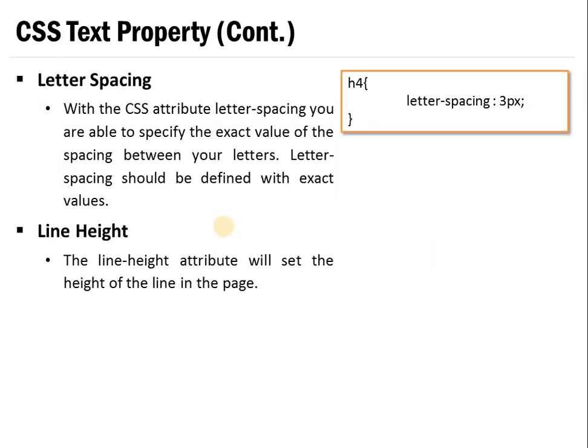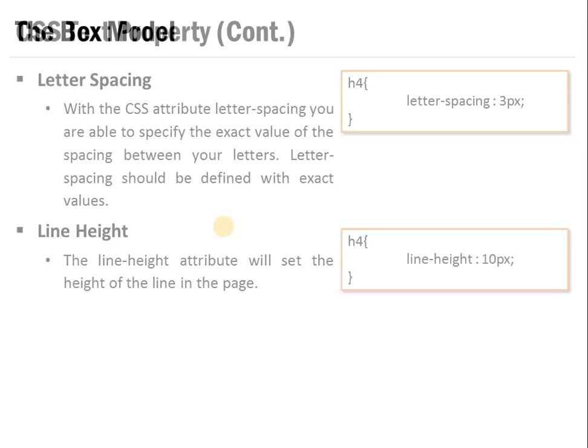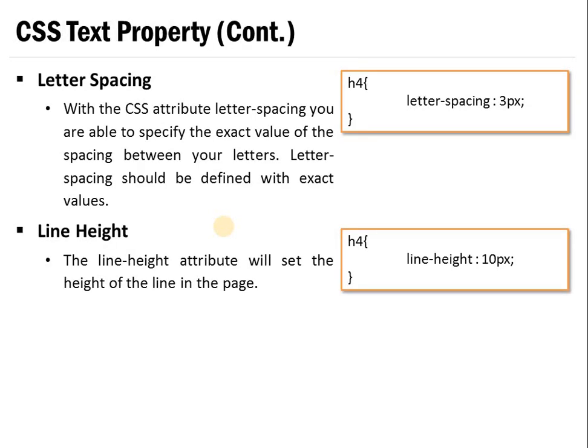After that line height, you can also set the height of a line. It is also in terms of pixels. So up to this we have seen background property, font property, and text property. I have just used it, but if you want to get output properly and practice it, then only you can remember the property name, its value, and in which format with which value you use it, so that you can get your output.